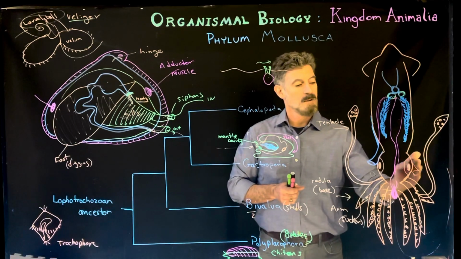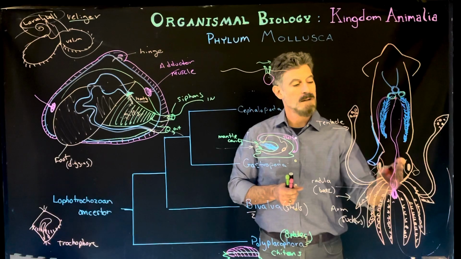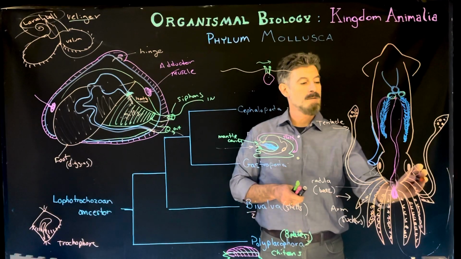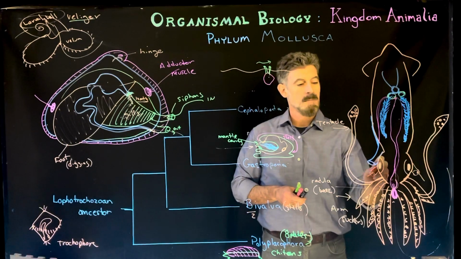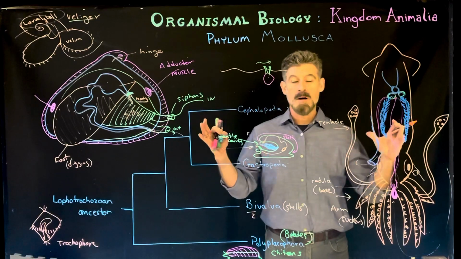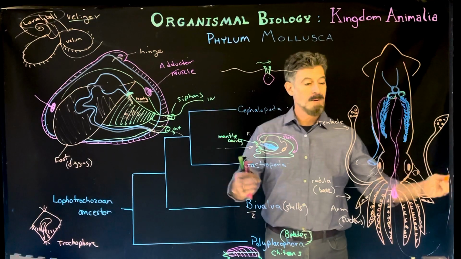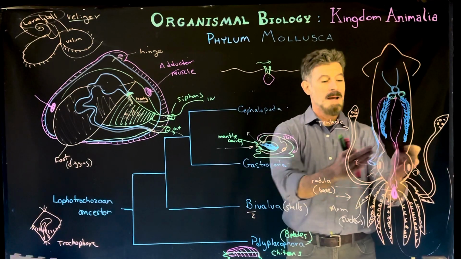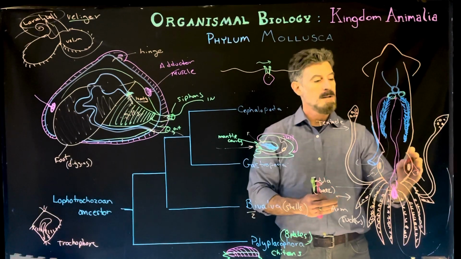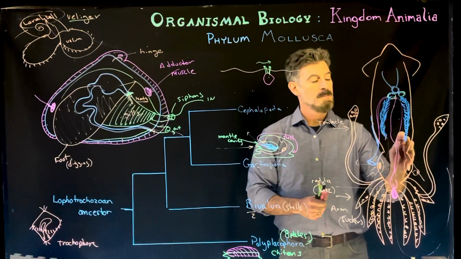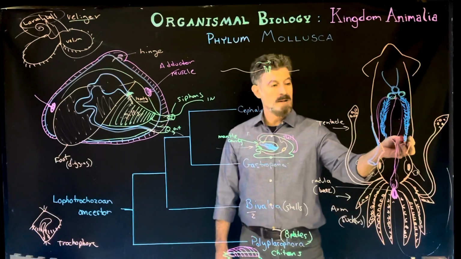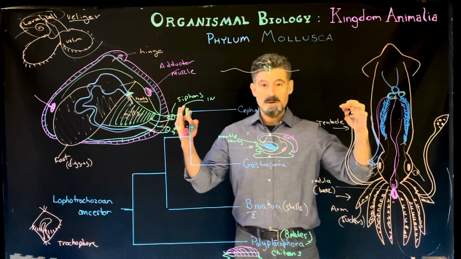Some of the pictures I was looking at to draw this, couldn't really find it, but they typically have 2 incurrent siphons, and then 1 really large excurrent siphon. So they kind of bring water in to their cavity here. The water can then pass over their gills for respiration, and then what they can do is then almost use